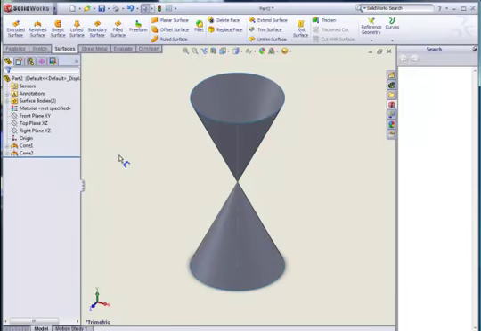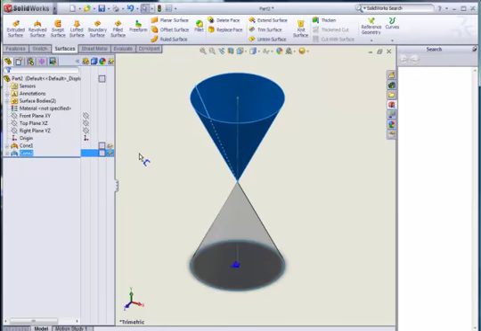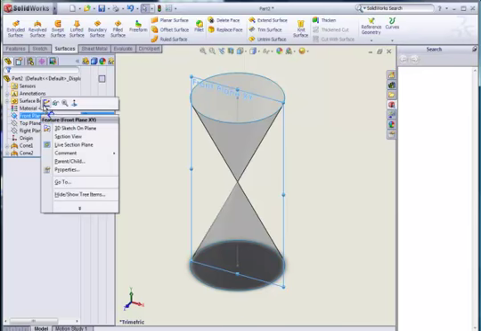So now we're ready to model our focal spheres, but our cones are in the way. So we can make these transparent by selecting the Show Display Pane button at the top of our feature manager and select the Make Transparent option here, the glasses. So make transparent. Now we can model our focal spheres. So again we're going to open a sketch on the front plane and look normal to it,